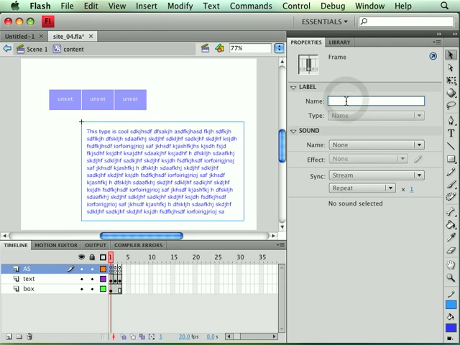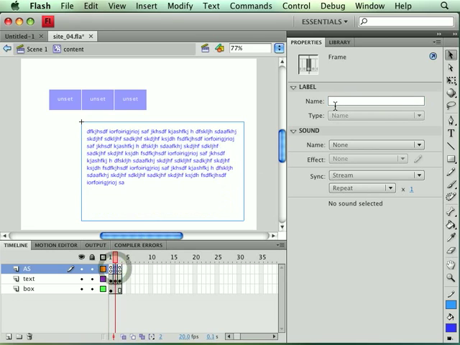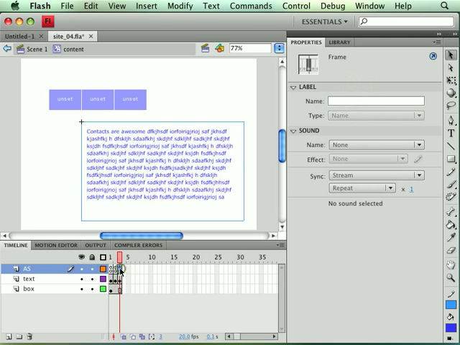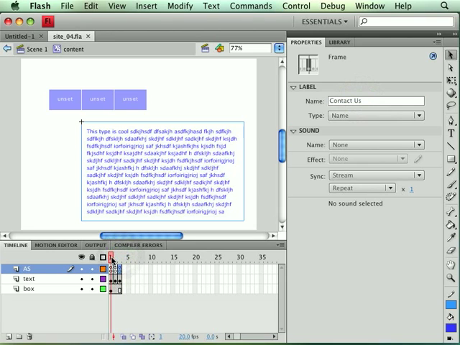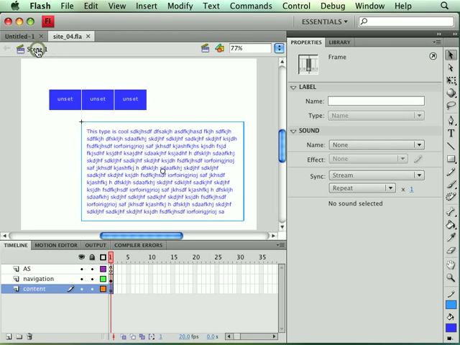So we're going to give this frame label a name of HOME, uppercase home. And this frame label, so I selected frame 2, I'm going to give this frame label about us, and this frame label is going to be contact us. Alright, so we're done with this content symbol, so we're going to go back to the main timeline, to our ActionScript,